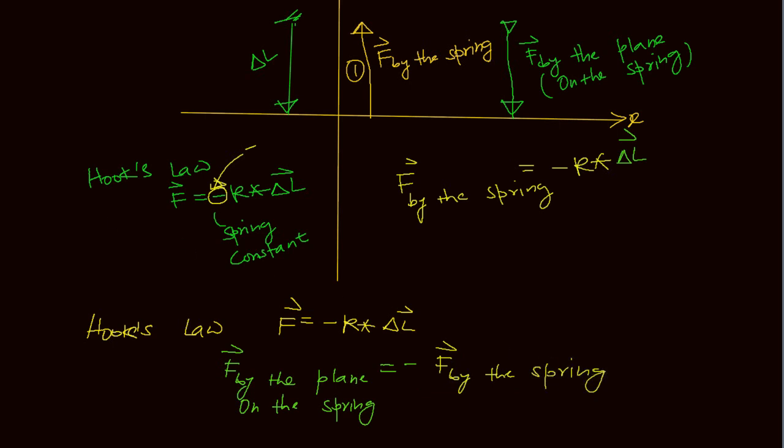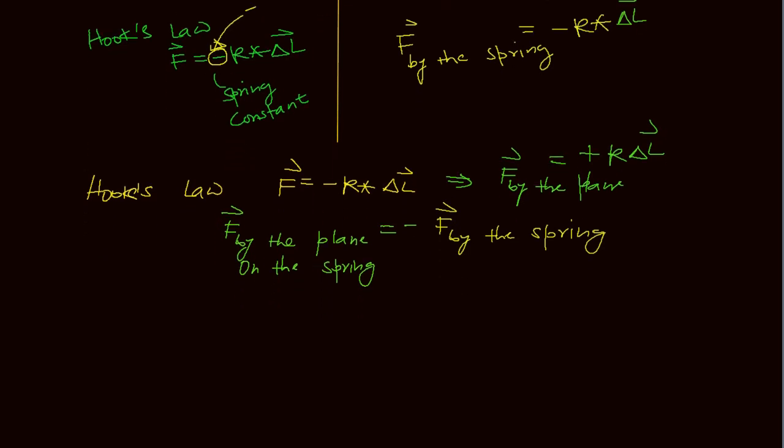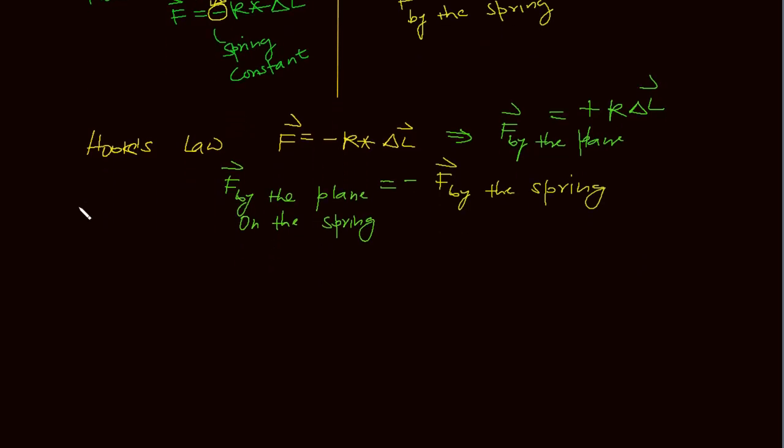So if I wanted to write another version of Hooke's law, force by the plane is equal to plus K delta L. Why? As you can see here, force by the plane and delta L are in the same direction, and if I wanted to be really picky about directions,